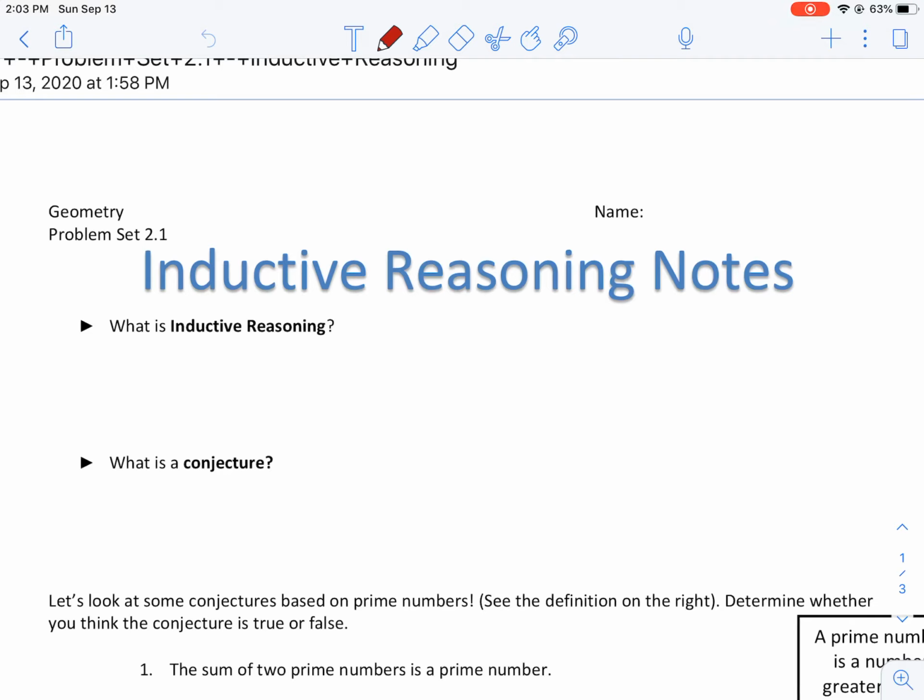It's all about how to reason, how to think logically, how to go through steps and make an argument, how to prove things. So it's a lot to do with critical thinking skills, and you're going to have to use your brain, okay? So we're going to start with this first lesson on inductive reasoning, and this video is going